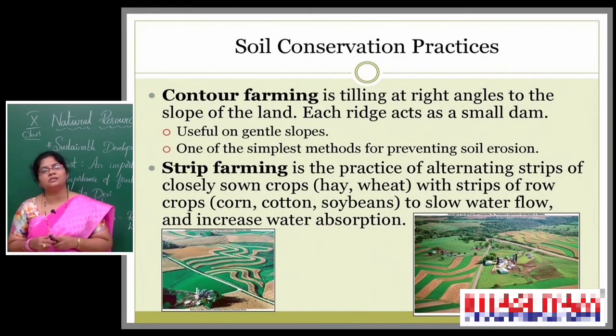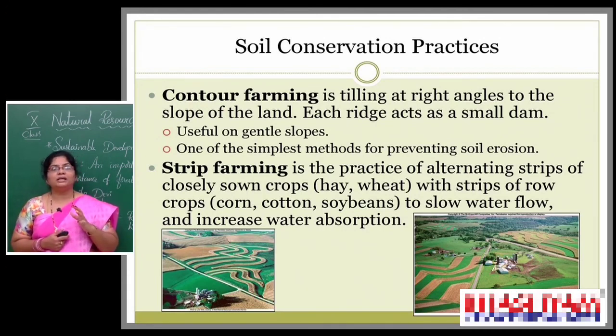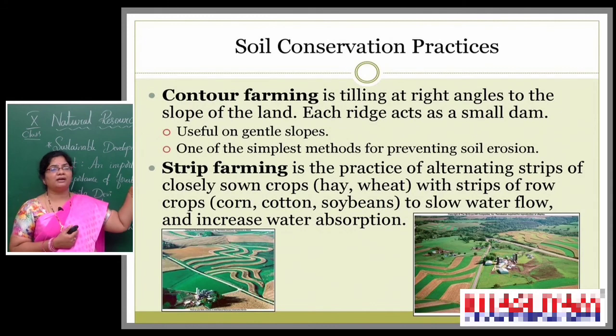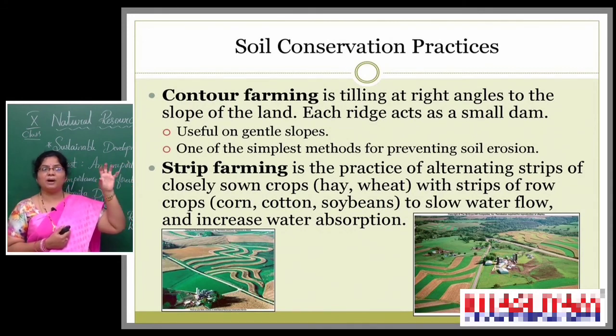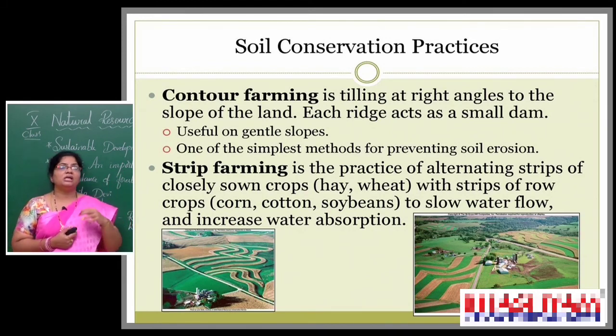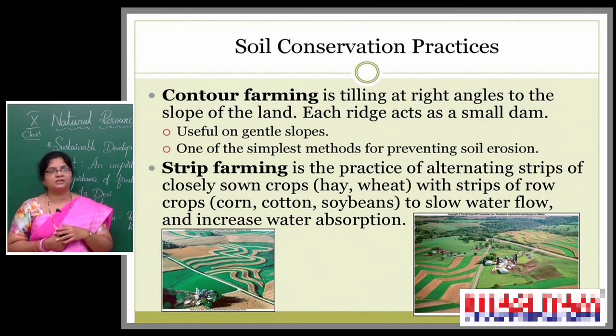So, to conserve the soil, we have to follow some methods. Contour farming, that means tilling at right angles to the slope of the land. Each ridge acts as a small dam. So, when there are slope areas, we need to construct them in a stepwise manner, then it will protect and bind the soil. When you grow plants on these sloping areas, those will protect the soil from erosion. Strip farming: practice alternating strips of closely sown crops with strips of row crops to slow water flow